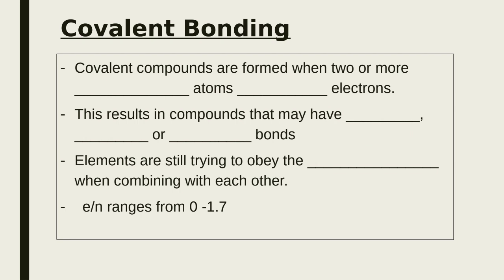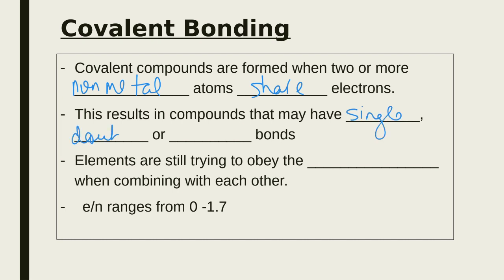Let's review covalent bonding. Covalent compounds are formed when 2 or more non-metal atoms, so only nonmetals, share electrons. So this is different than ionics. Ionics is a metal and a nonmetal. They transfer electrons. Covalents are 2 nonmetals who share. When they share their electrons, this can result in compounds that may have single,